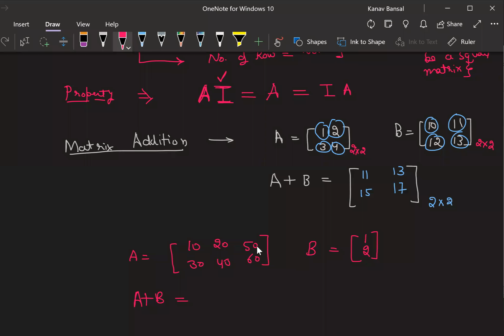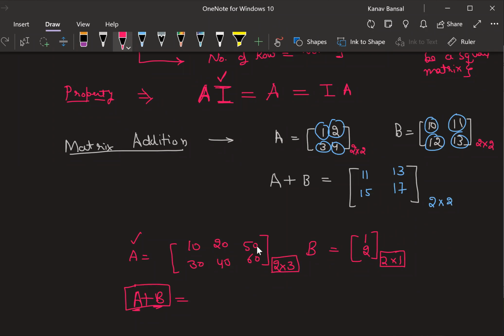Okay. So people are saying it is not possible. Can you tell me the reason? What is the shape of A? Yes, correct. They don't have the same shape, right? In order to add two matrices, you need matrices with the same shape. So A is 2 cross 3, 2 rows and 3 columns. B is nothing but 2 rows and 1 column, right? So since the shapes of the matrices are not the same, the element wise addition won't work in this case.